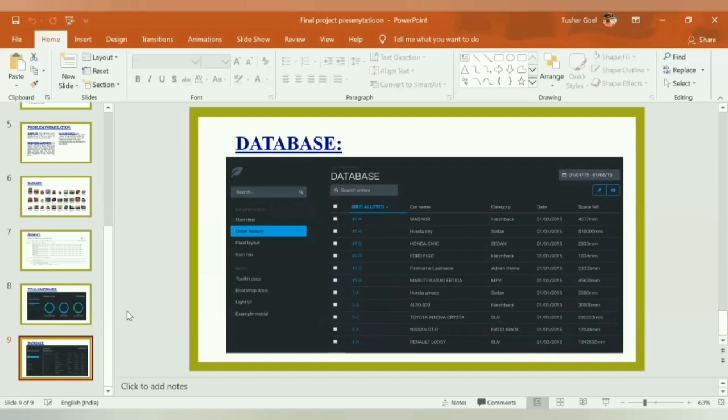So this is the database. This whole database will be used while we are processing this project. Whenever a vehicle enters, its track width will be calculated, and then it will be matched with our database, to check whether the track width of this car is in our database, and then accordingly it will allocate the space to that car.